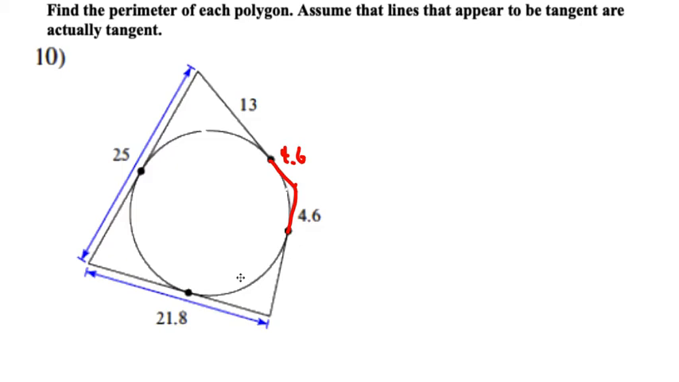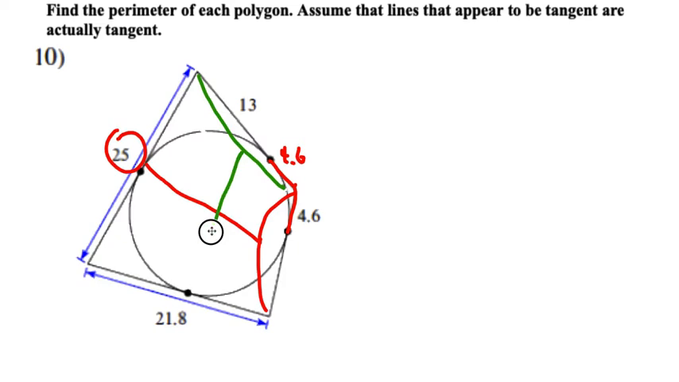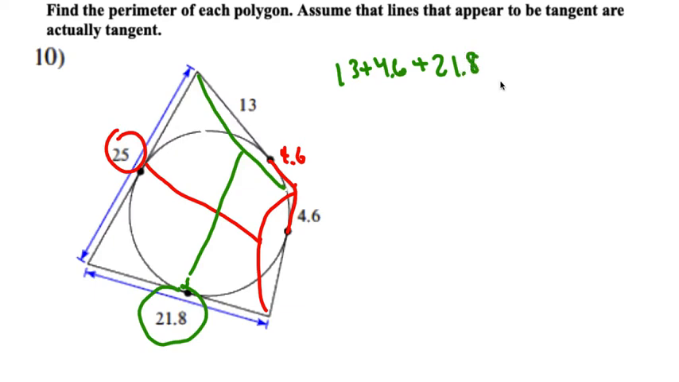Now this is where it gets a little tricky. If you remember way back from when, we know that if we add the opposite sides, that is this side and this whole side length, then that's going to be the same as this whole side length plus this. So what that means is we know that 13 plus 4.6 plus 21.8 has got to equal, well, the 25